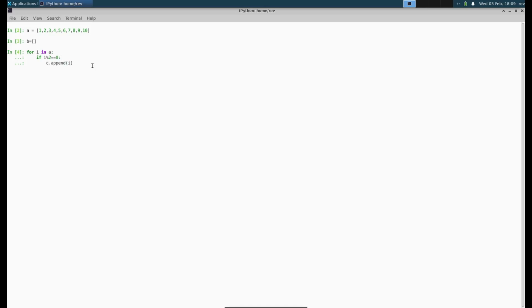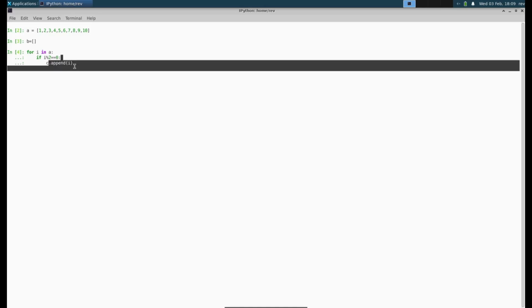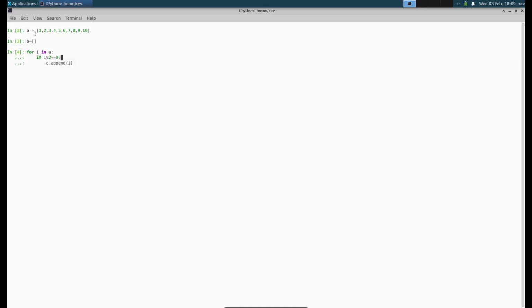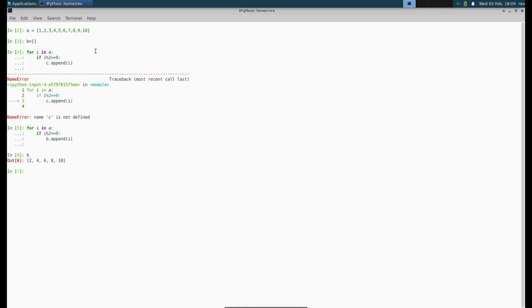from 1 to 10. First thing we do is we check. If we divide it by 2, the remainder is 0. If yes, append it. If not, count to the next item. So we want to do b.append. Okay, that's a mistake on my fault. And now we can see, if we do b, you see 2, 4, 6, 8, and 10, and that's exactly